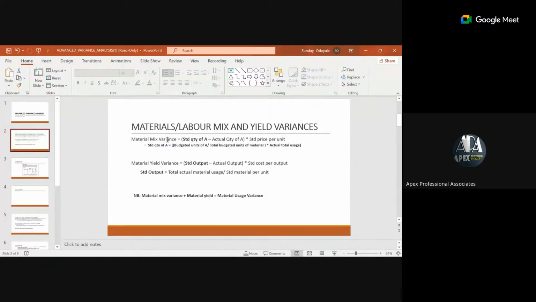But let me explain the concept of the mixed variance so we will be able to relate well when it comes to solving the question. Now, when we talk about mix, mix is just that you have a plan at the beginning, you have a budget. Say, I want to buy, I think we usually use the buns or the flour or bread also. Example. Now, let's say at the start, you felt like, oh, I need to make 10 breads,